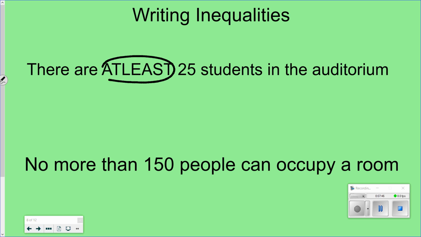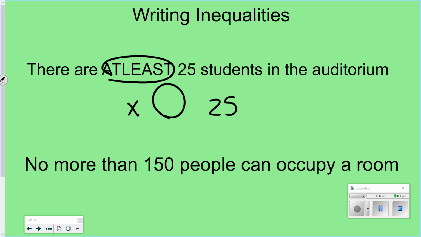So there are at least 25 students in the auditorium. This is how you would set up your inequality. You're going to put 25 on one side, and you're going to put x on the other side. X means we don't know how many students are in the auditorium. Maybe they filled the auditorium up, there's kids in there, but we don't know how many there are. Well, now we have to put in an inequality sign to figure out what this would look